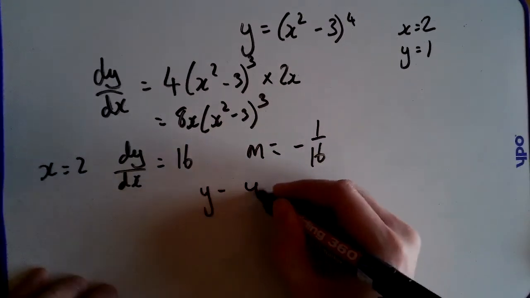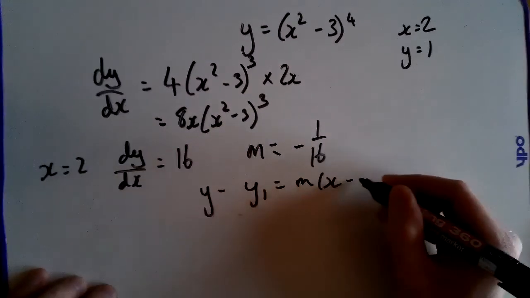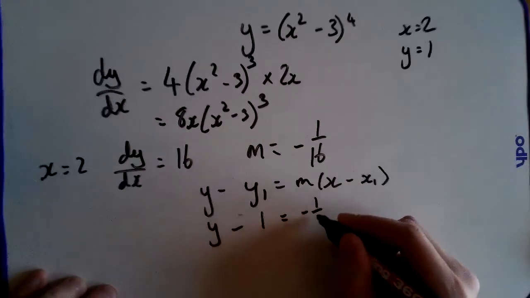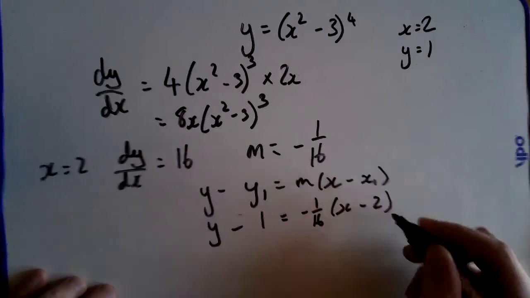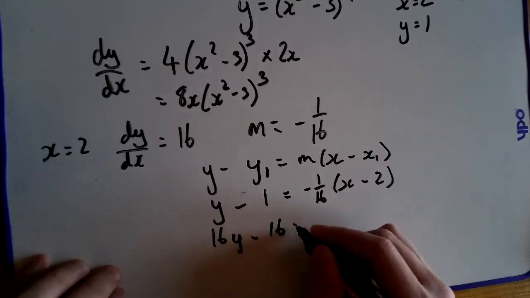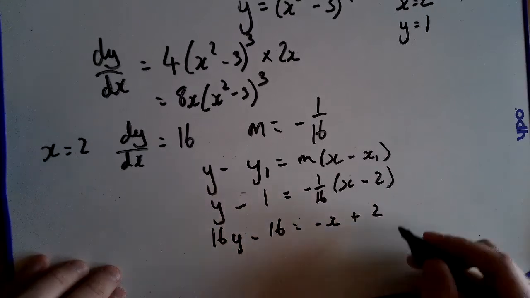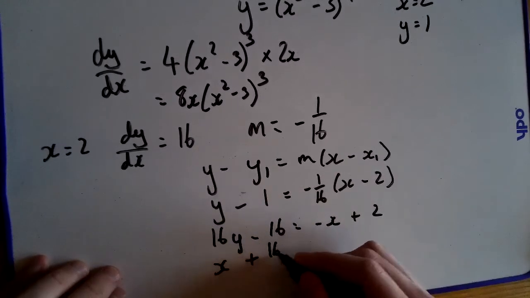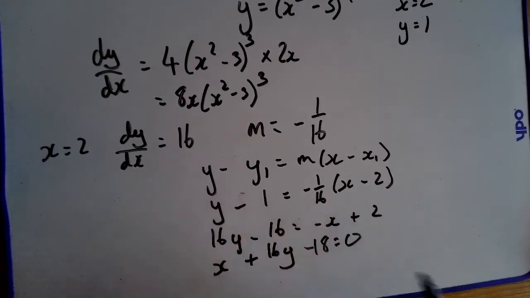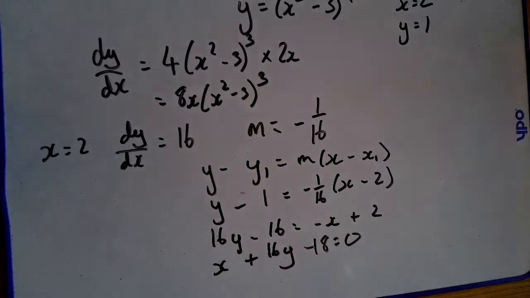And y minus y1 is m, x minus x1. So y take away 1 is minus 1 over 16, x take away 2. Then rearrange it how you want. I will times up by 16 and expand by the minus 1 and take everything to one side. So x plus 16y minus 16 minus 2 minus 18 is 0. Yeah, I just need to make sure I change that to 2. Next one